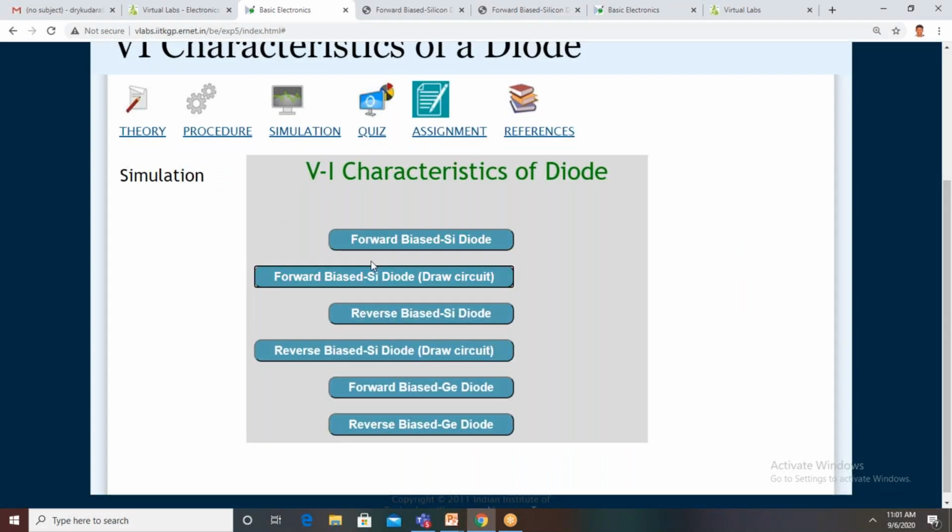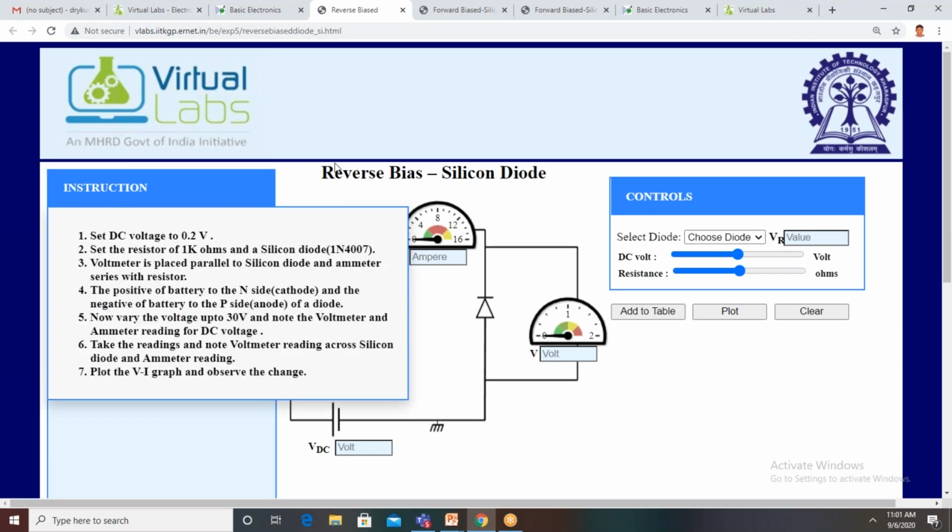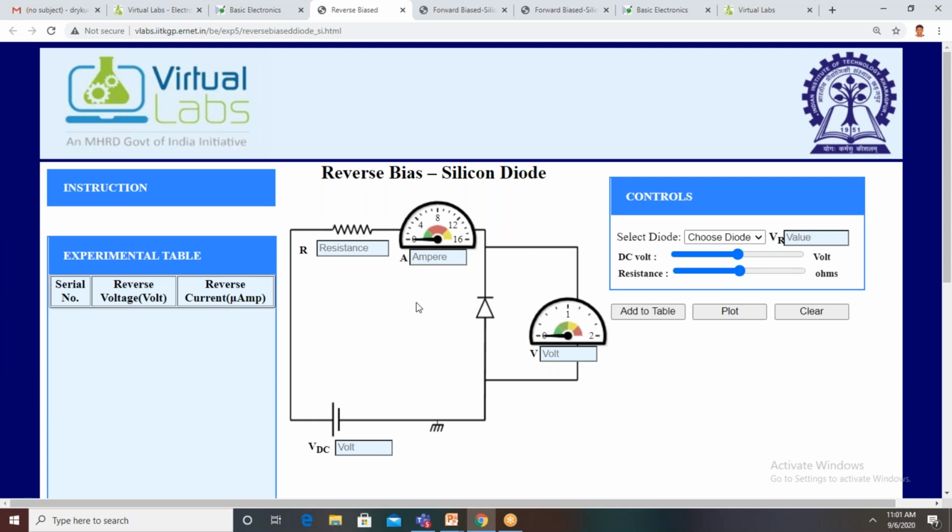So what we did so far, we took this circuit, made the connections, and performed the experiment. In the next case, for the reverse biased case, I am taking the ready-made circuit. The connections are available just by selecting the diode. This is the reverse biased case. In the reverse biased case, either the diode or the supply voltage is reversed, but not both. If you reverse both, again it is a forward biased diode. Now the diode is reversed, and the connections are already there.